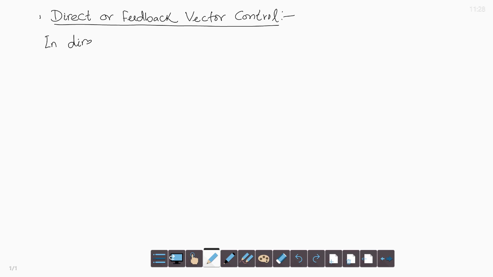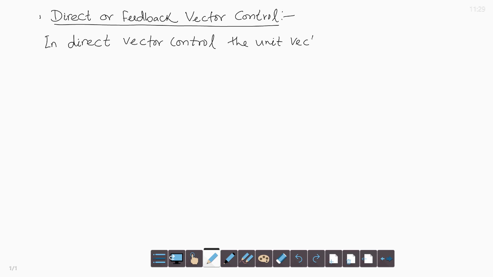So, as we discussed in last class, we have direct vector control or feedback vector control, then indirect and feed forward vector control. In direct vector control, in all these vector control, we have to generate unit vector for vector orientation. In direct vector control, the unit vector,